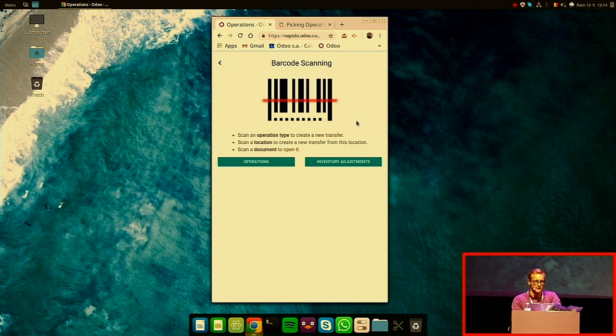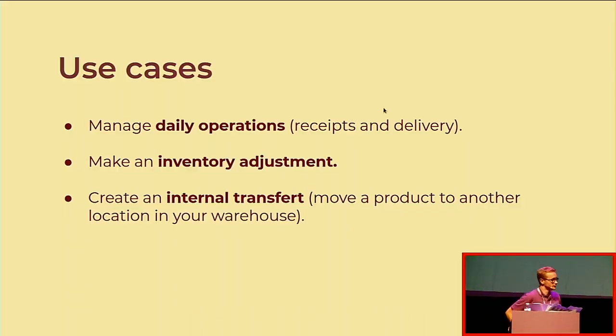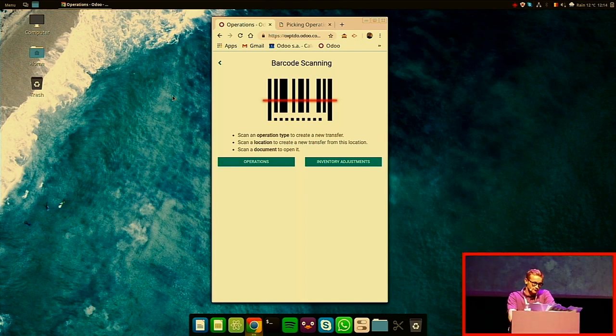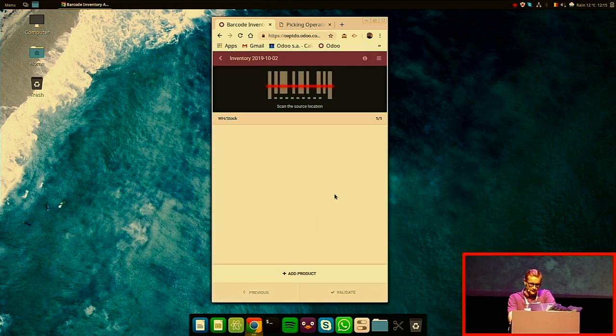So what I want to do here is the second use case, which is an inventory adjustment. To do that, I'm still on my Barcode application, and I'm still on my inventory using my mobile computer, and I can click on the inventory adjustment button. You can see here that the system prompts me to scan the source location, so the location on which I want to do my inventory adjustment. And remember, I printed the barcode for the location,